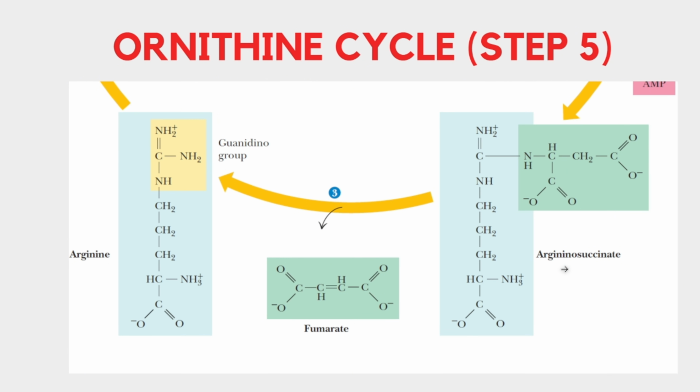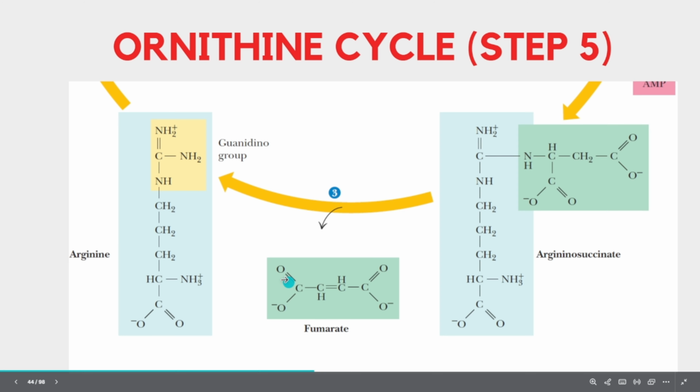Argininosuccinate, what happens is it will release fumarate and form arginine. So this is step 5. Right, meaning that argininosuccinate will dissociate into arginine and fumarate. Okay. So fumarate,